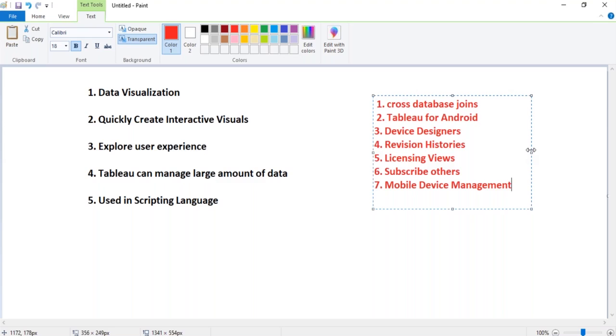Okay, so there's another exciting feature that has been added to Tableau, which is mobile device management. Support for mobile and VMware has been added to the tool, which makes deployment very easy across organizations.